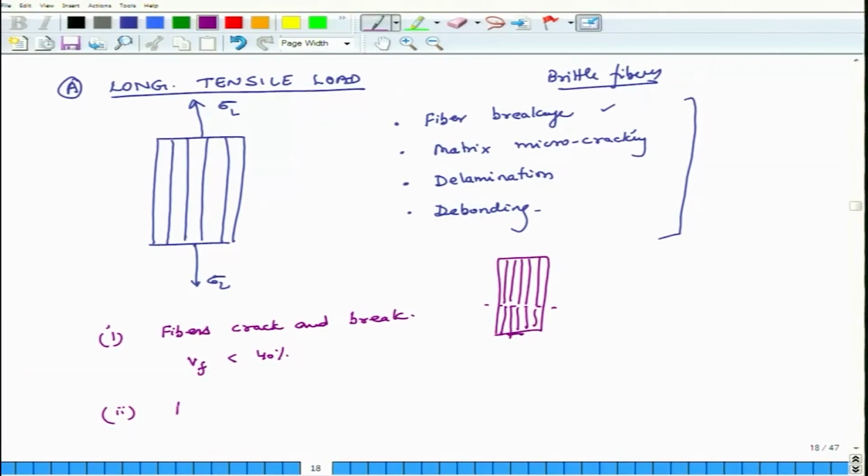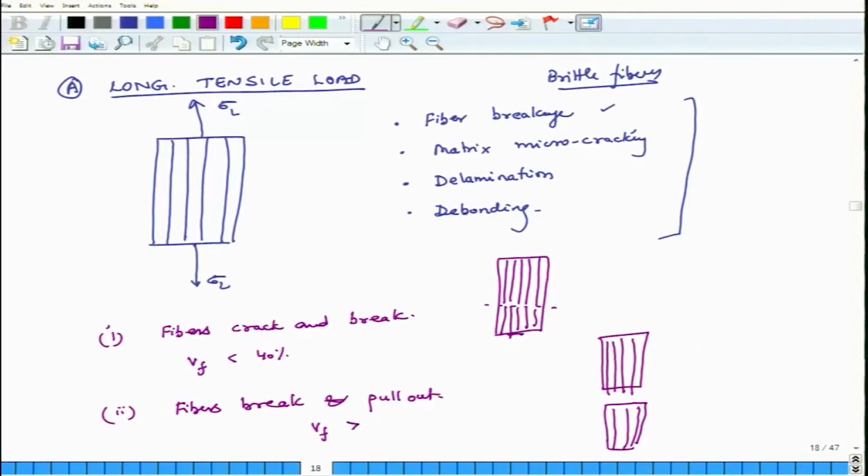So, what happens there? Fibers break and pull out. Okay. So, when you have two pieces of the thing after breakage, you may find that some fibers are popping out of the surface like this, and on the other side you may have fibers something like this. So, this happens typically when Vf is more than 40%